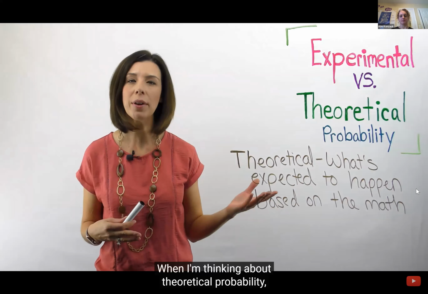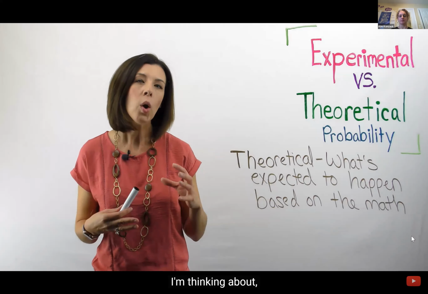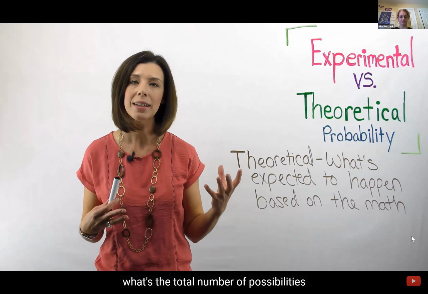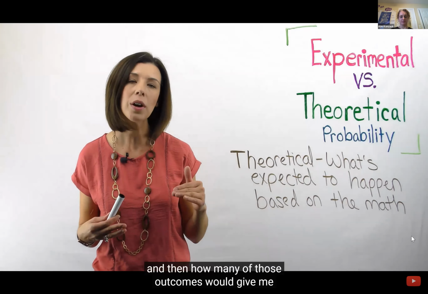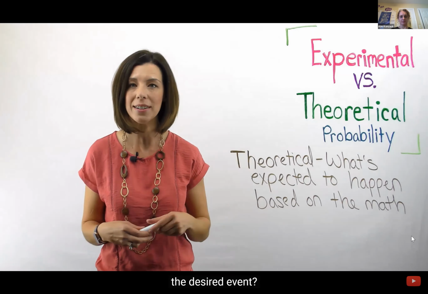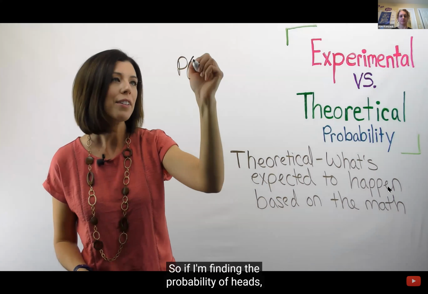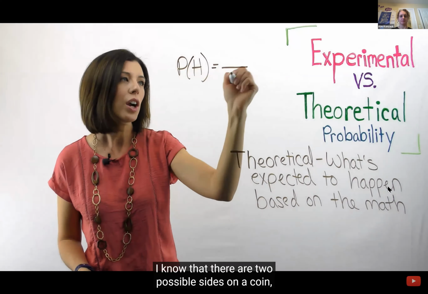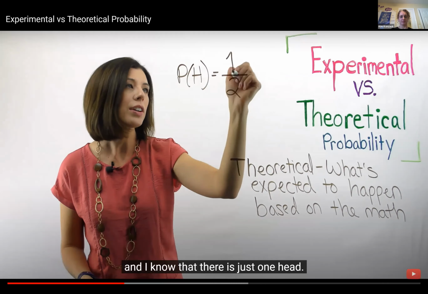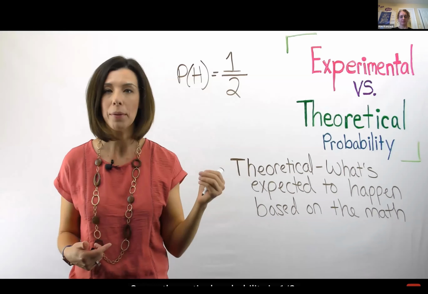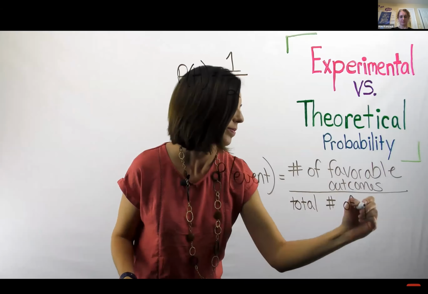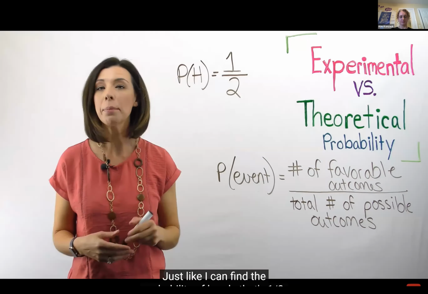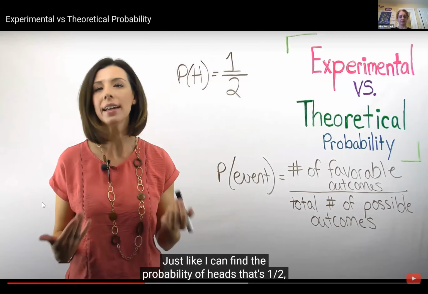When I'm thinking about theoretical probability, I'm thinking about what's the total number of possibilities or possible outcomes in these situations. How many of those outcomes would give me the desired event? So if I'm finding the probability of heads, I know that there are 2 possible sides on a coin, heads and tails, and I know that there is just 1 head. So my theoretical probability is 1/2. Just like I can find the probability of heads, that's 1/2, I can also find the probability of tails,